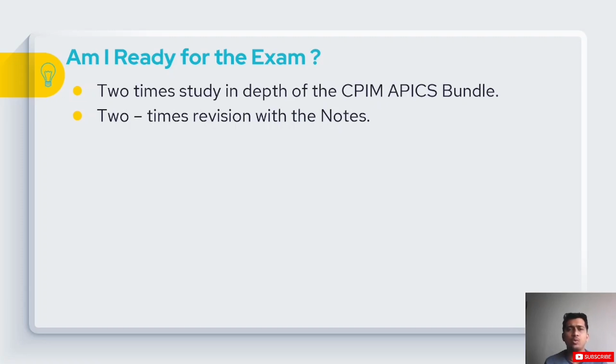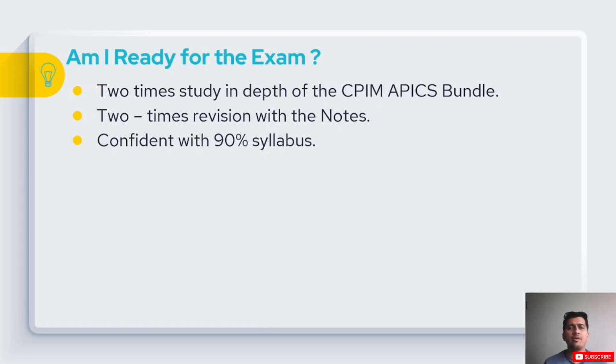In that revision, you can revise from the notes, or the sections which are highlighted in the books which you feel are important, or the important sections which I have suggested in my course. Go through them. So 2-3 revisions I suggest. So reading 2 times and 2-3 revisions. Next is